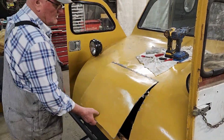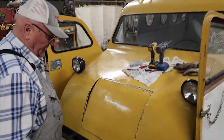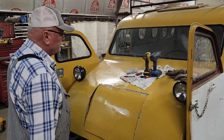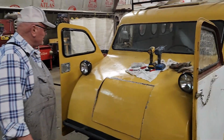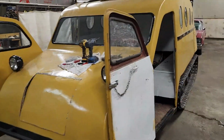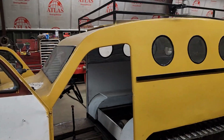Okay. Tomorrow I'll pull the steering out and get the power steering set in, and go from there. That's it for today. Okay, so Dad worked a little bit on this Bombardier here today, but he had to go